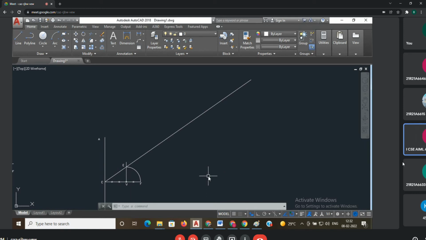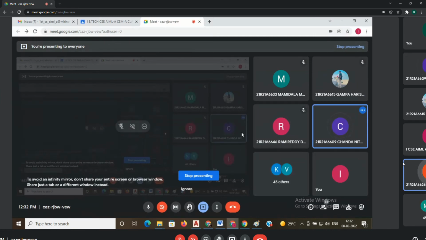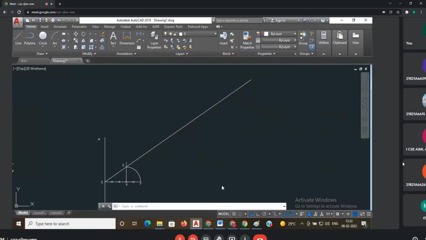Why? Tell me any one reason. Why are we not using the 45 degrees inclination method? From the focus, we are not drawing any 45 degrees inclination line in the parabola and the hyperbola. Why? Tell me. They are open curves. They get open curves. Very good. There we will get the open curve. That's why no need to find out the second vertex.